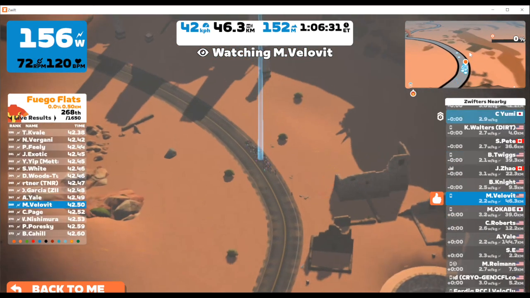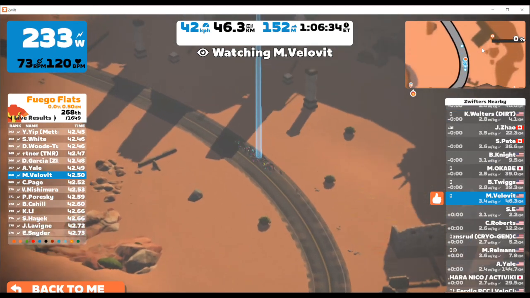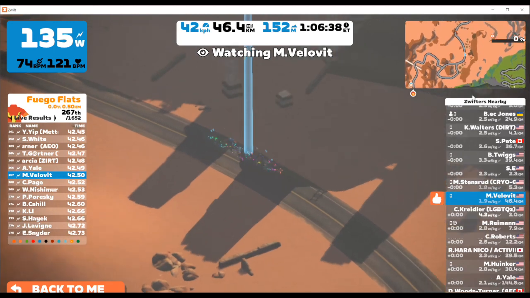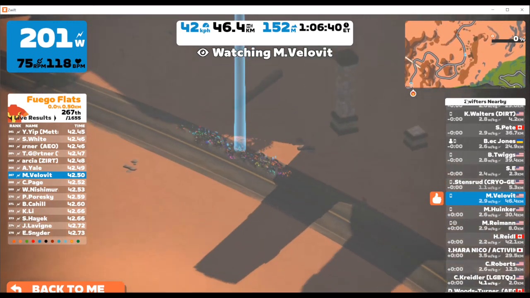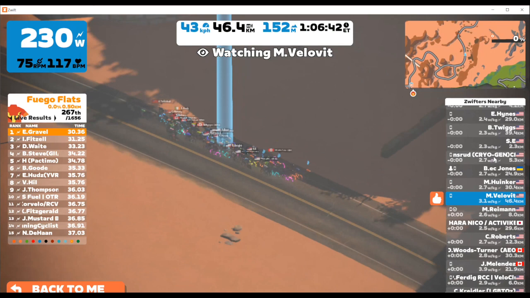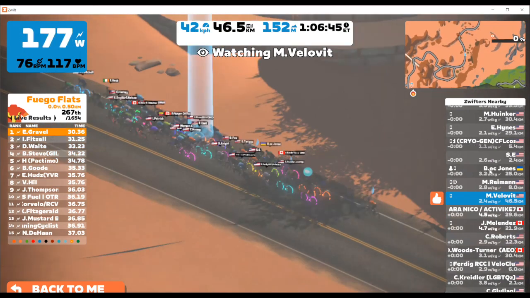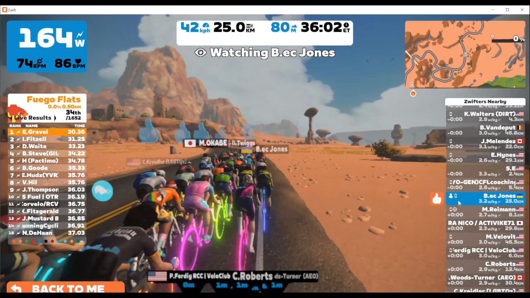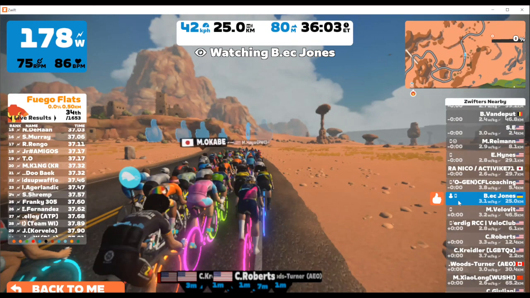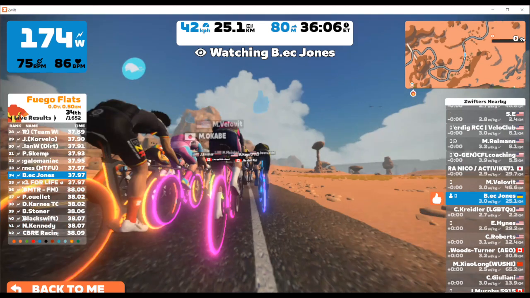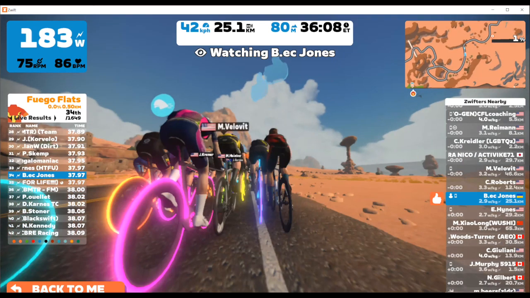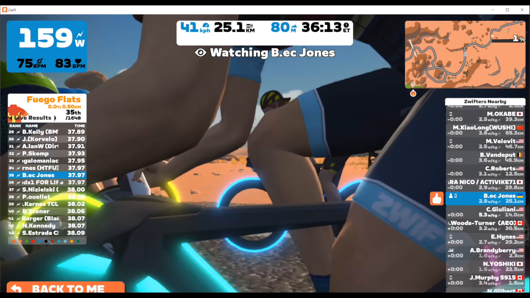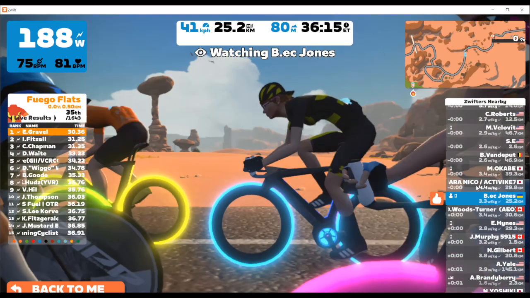And again, there's a couple different views that you can choose by clicking on it as well. To the right, you will also see below that are Zwifters that are nearby. What it does is it allows you to see the Zwifters that are in close proximity to you. It will not show everybody that's on the course, just those that are in close proximity to you as well.